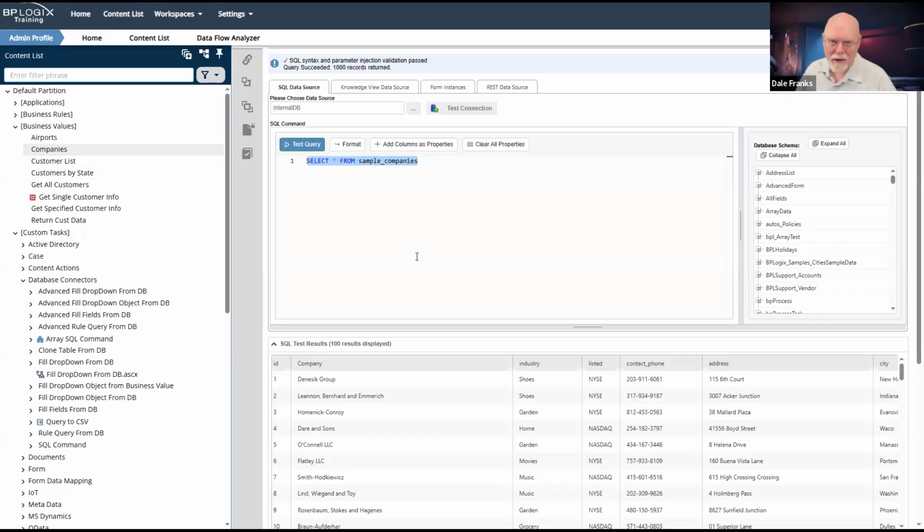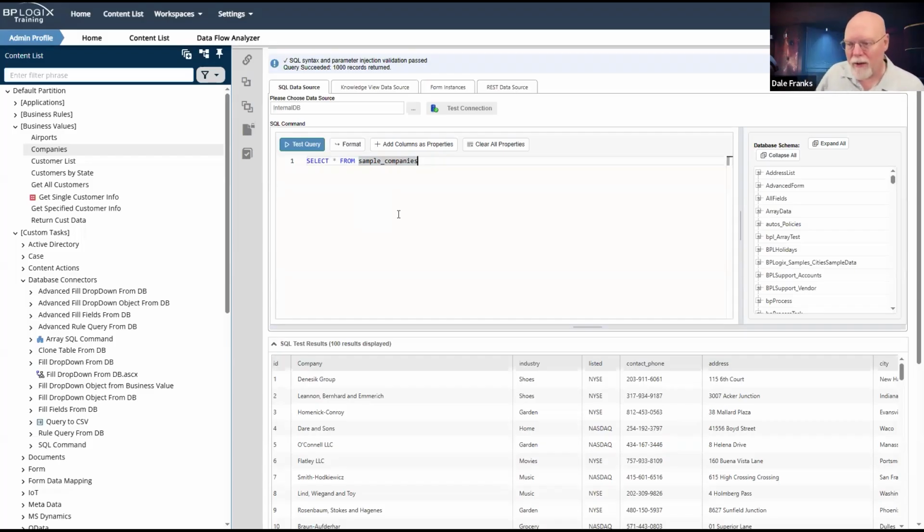We're not going to vet this SQL statement or any SQL statement that you place into a business value. That's the job of SQL Server, or for maybe a couple of you, Oracle on the back end. Whatever this says, we are going to send to SQL Server. And if it's a valid SQL command, SQL Server is going to run it. Now, on the one hand, that's good because all of the validation is done on SQL Server. SQL Server will determine if the syntax is valid. If it is, it will run your command.